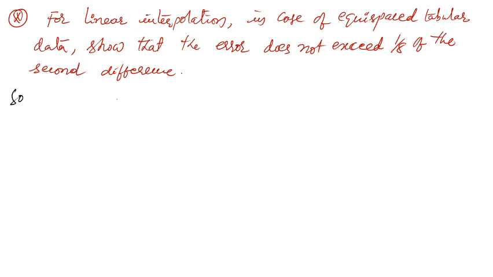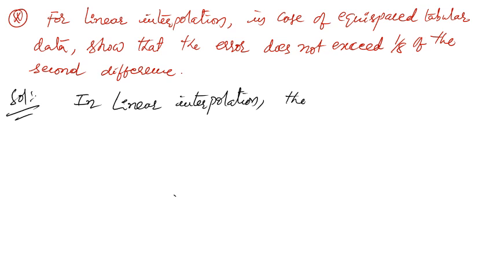Solution. Now already we have seen the linear interpolation. What is the linear interpolation? f of x equal to f of x naught plus x minus x naught into f dash x naught. In linear interpolation, the error is given by